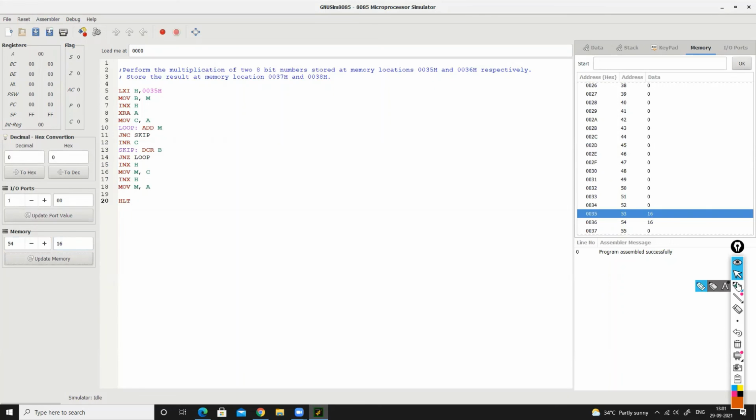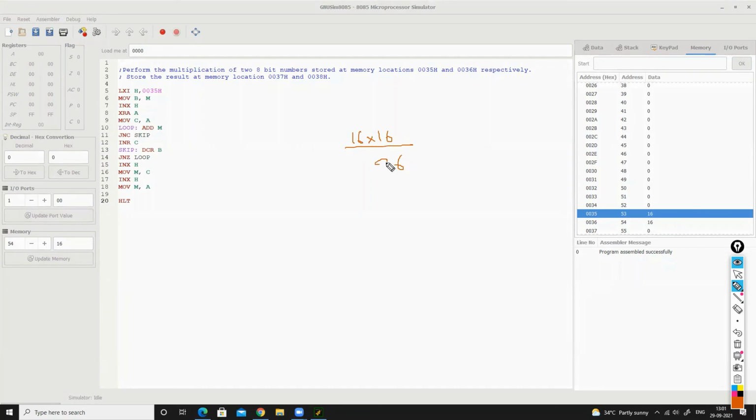We have to do 16 into 16. So what will be 16 into 16? 6 into 1, 6; 1 into 6, 1. It will be 256. Okay.